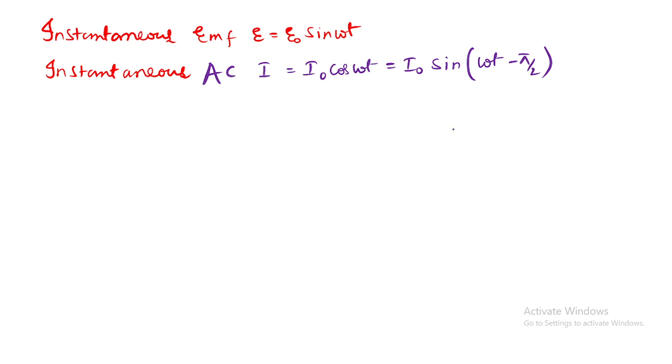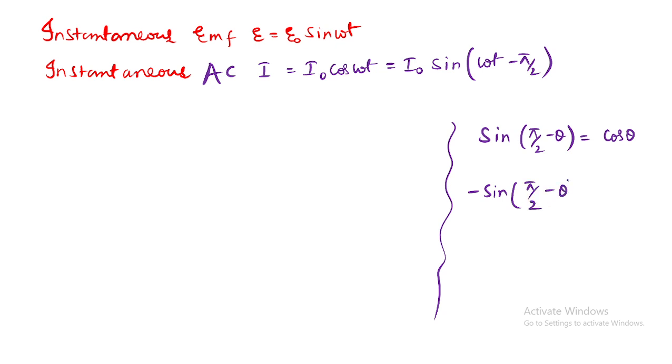But here a few things we'll try to understand. Sine of 90, meaning pi by 2 minus theta, what is that here? Cos theta. Can I write like that? Pi by 2 minus theta is cos theta. But here, if I multiply on both sides, minus of sine of pi by 2 minus theta is equal to minus cos theta. Why? Because if I multiply inside, it becomes theta minus pi by 2. Can I write it here? Yes or no? I hope you are good with the trigonometry.